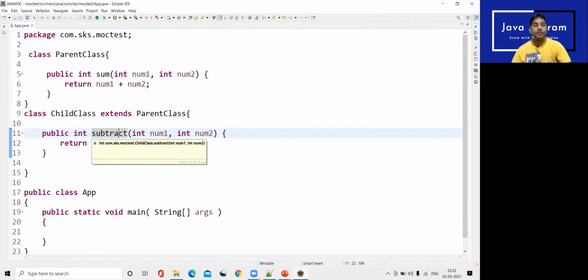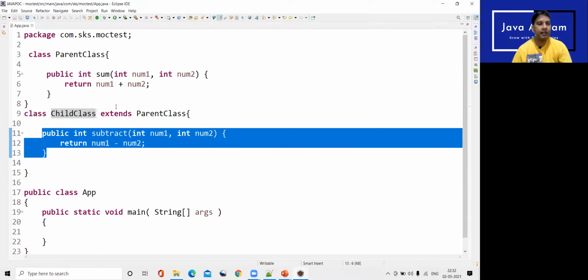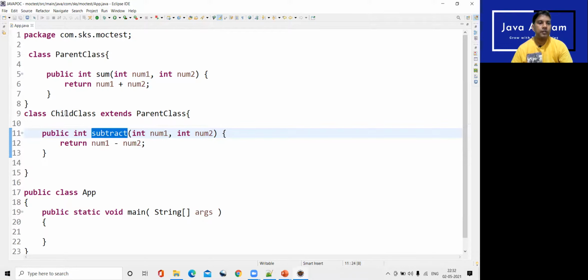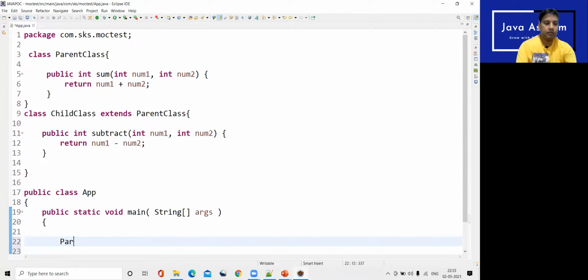Okay, so if you see here, this child class is virtually holding two methods. One is the sum method which is coming from the parent class. Since this is the child class which is already inheriting the parent class, it will hold two methods, right? Sum and subtract. So if we go to our first analogy, parent class e is equal to new child class.